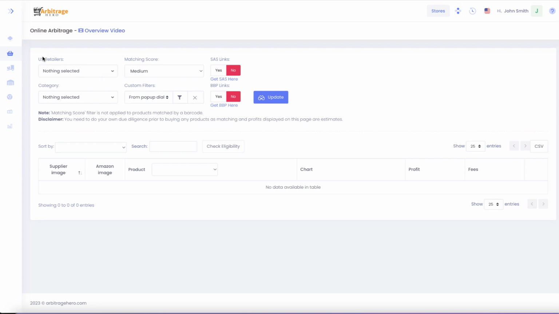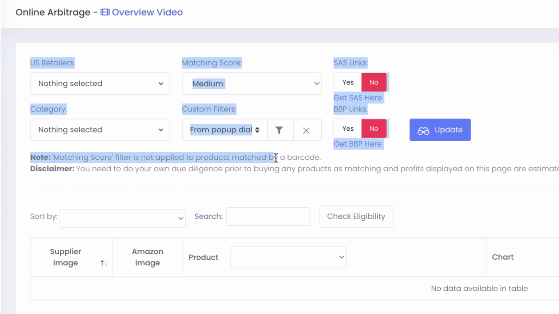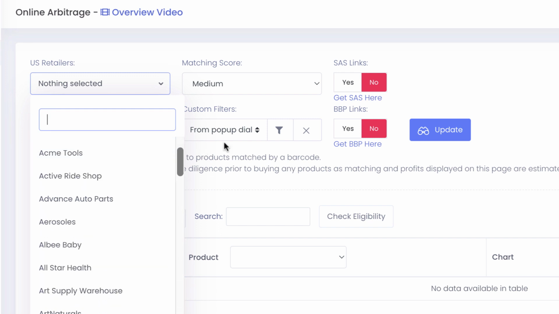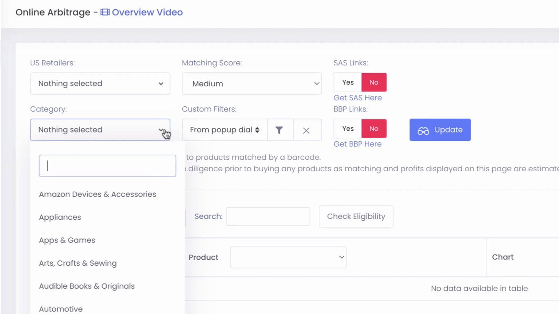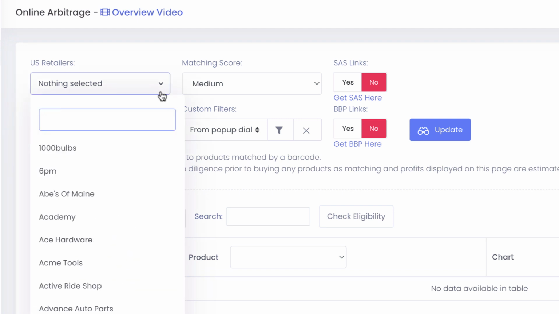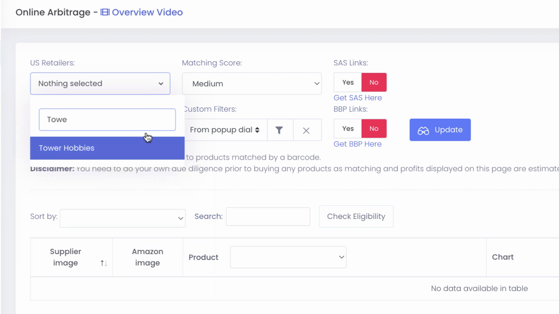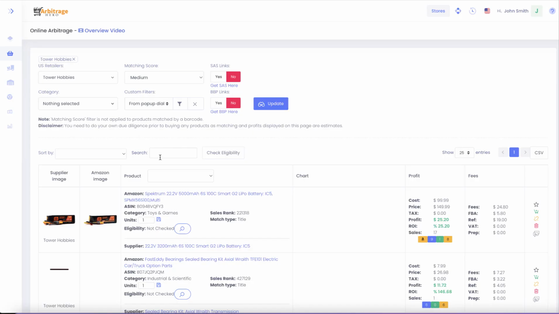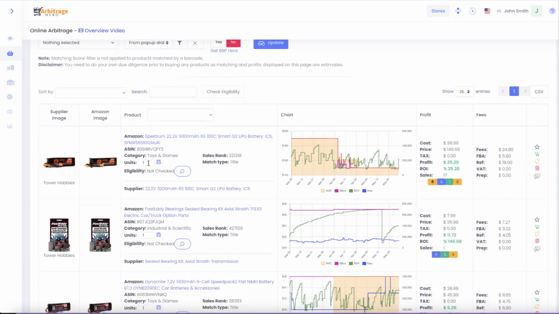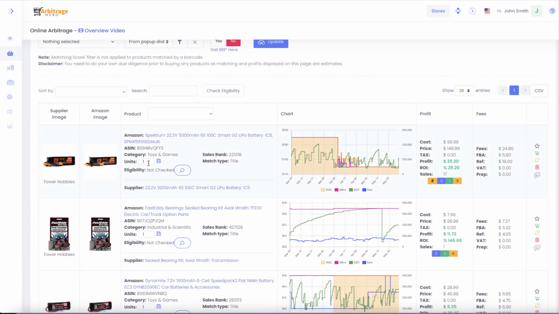On this screen you can see that you have some filters. You can select up to 5 stores you want to search for here. You can also select up to 5 categories from this drop-down list. So let's select one of the new stores which we have added recently, for example Tower Hobbies, and you can see that the software goes away and comes back with a list of products which we have found